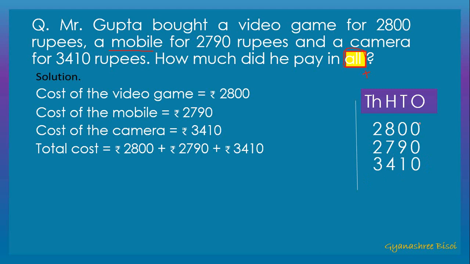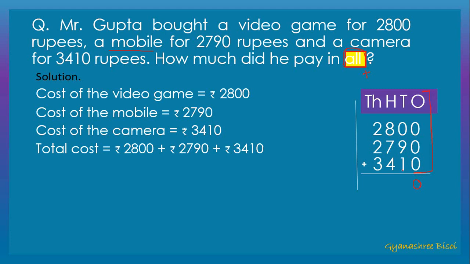See ones place. The ones place digits are below ones place. So in the same way you need to write. Now put plus sign. Now draw a line. Now we will add. All of you know that we need to do addition from ones place. So 0 plus 0 plus 0, that becomes 0. Now move to tens place. 0 plus 9, that becomes 9.